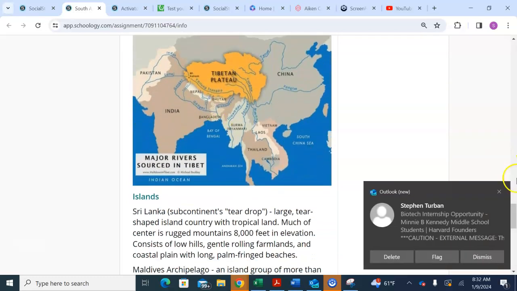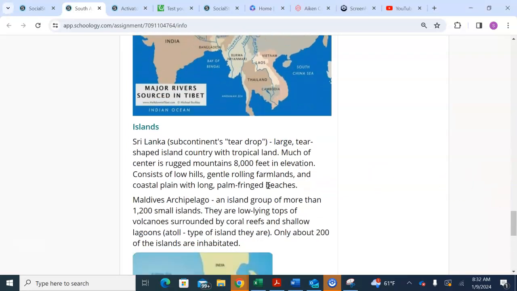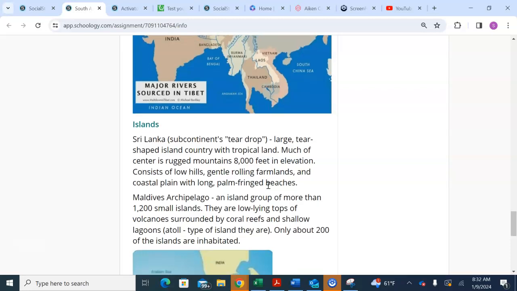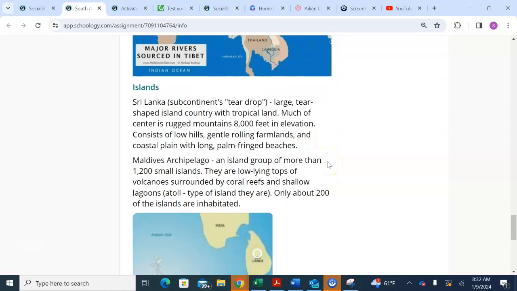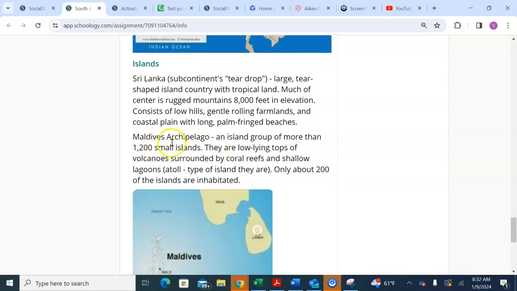You also have the islands, Sri Lanka. It is a large tear-shaped island, and it has quite a bit of mountain ranges there, 8,000 feet in elevation. But then it has a lot of low hills, gentle farmlands, and of course its coastal plain and nice beaches. And then you have the Maldives